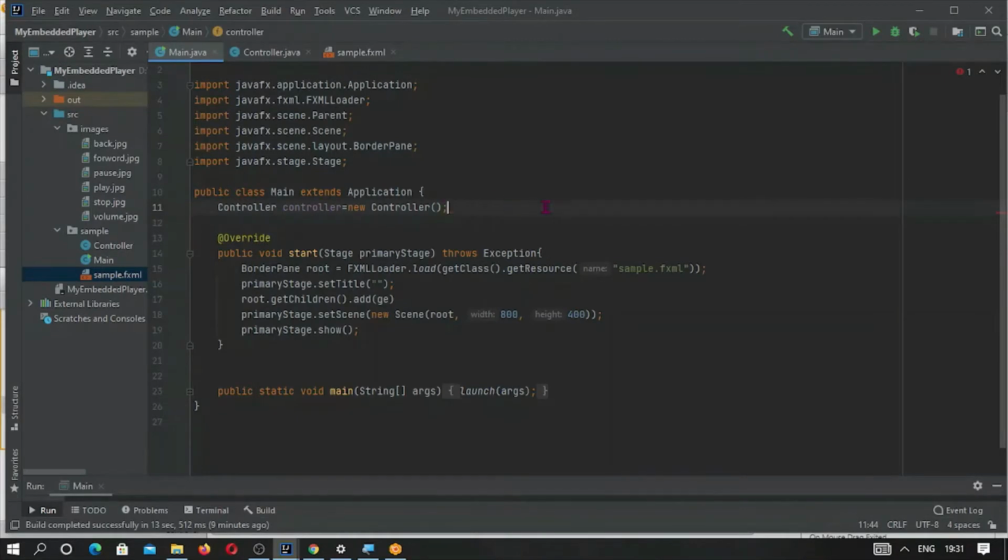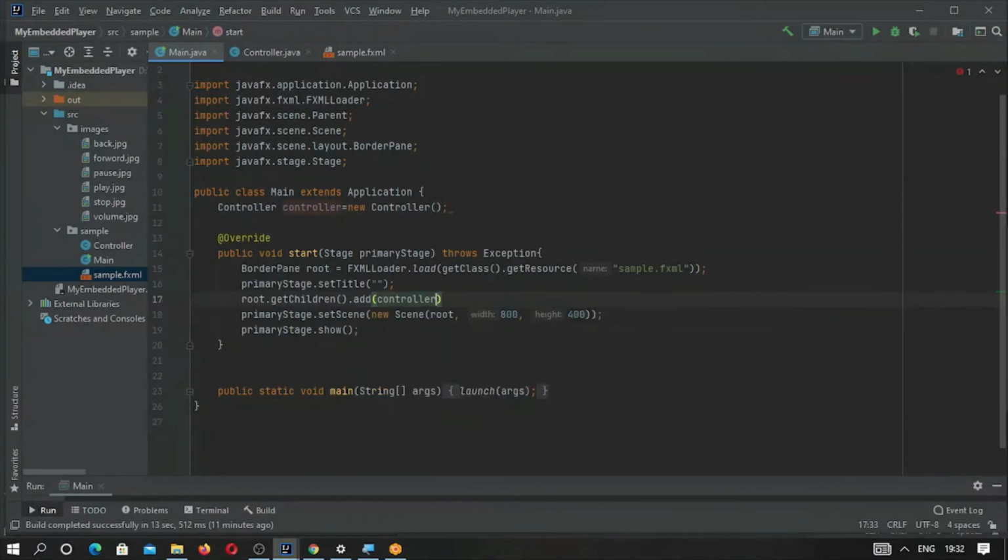So controller dot getMediaView will return the media view. Okay, so it has added the media view in our root pane.